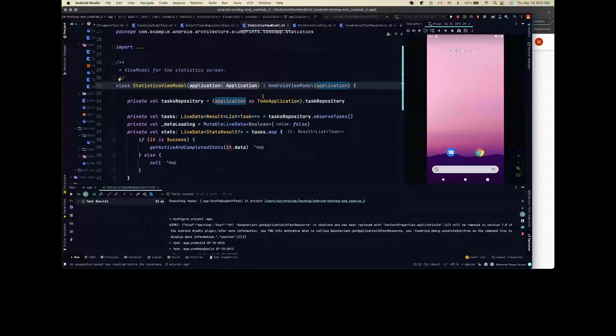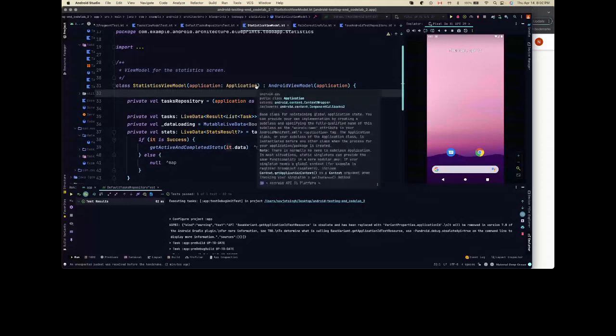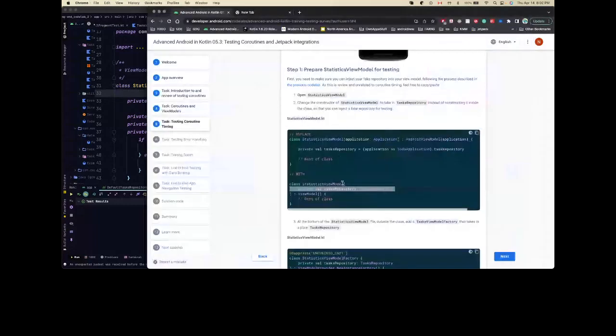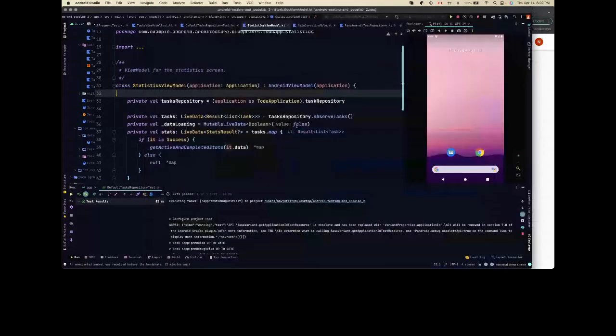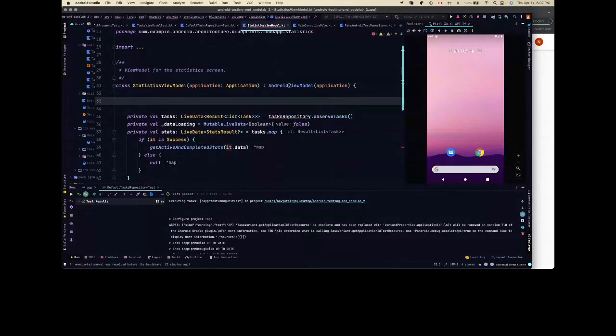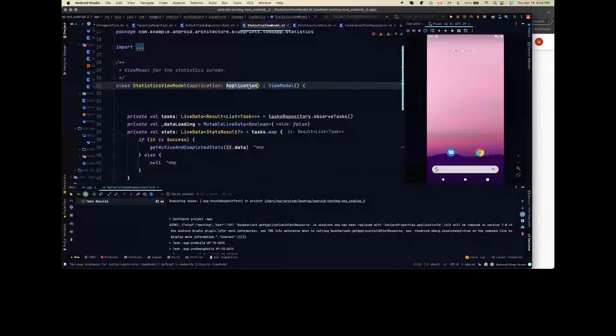Whenever you want to test your view models, you should consider using the ViewModel rather than the AndroidViewModel if you don't want to integrate Android framework components with your view models. So we will just take this out. We will remove this, and we will provide a,